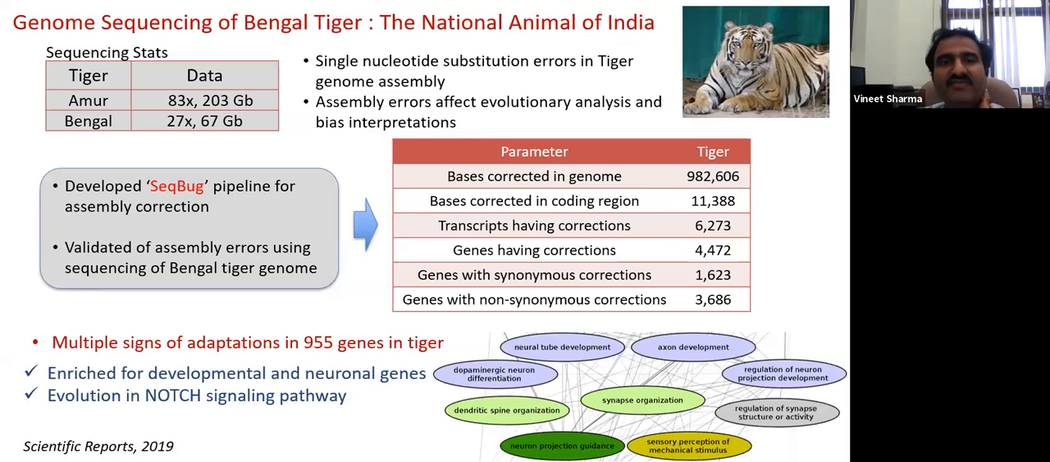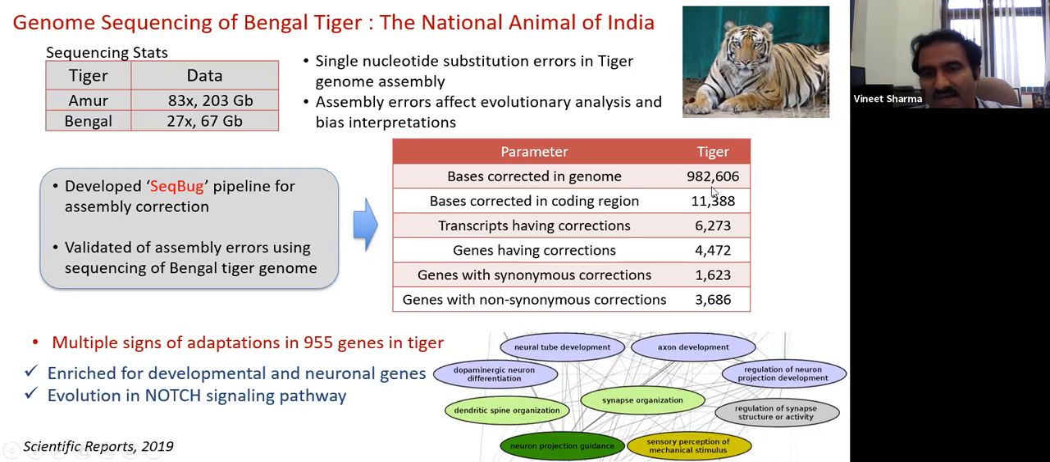Okay, then we did the first tiger genome sequencing in India. The tiger genome sequencing was already done by Chinese, right? But we noted that their sequence quality was not good, right? It had a lot of errors. So we did the first tiger genome sequencing in India, and then we compared and we developed an algorithm called Skinbug, which could correct the assembly problems because there were several errors in the assembly,